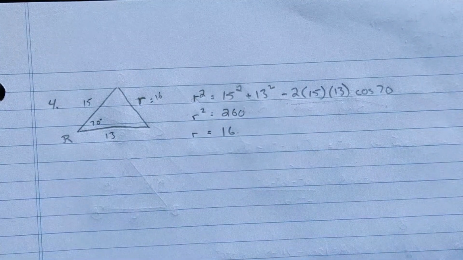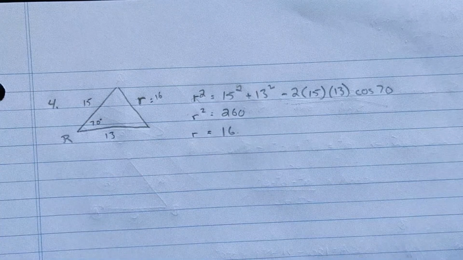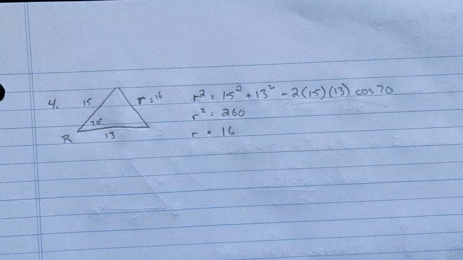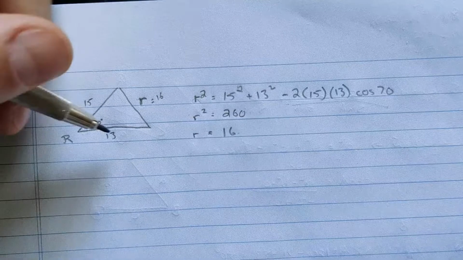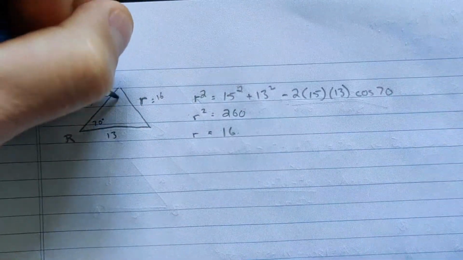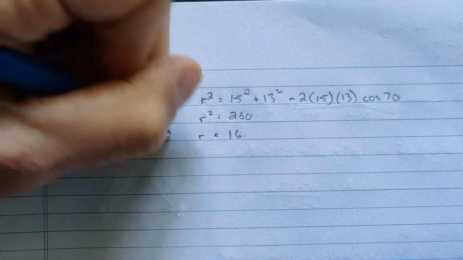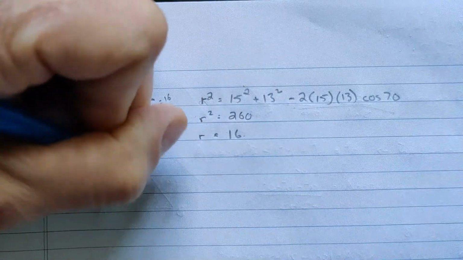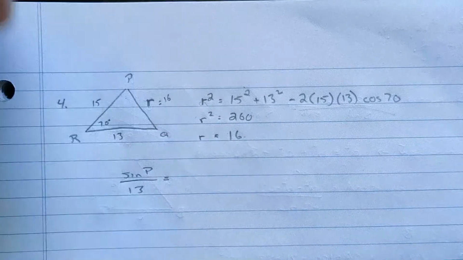Now we've got to go about finding the missing angles. And so what you can do in that case is, and I'll just set it up here, I won't actually calculate it, but I would just use the sine law here. So we'll find this, this was labeled P and Q. So to find P, I would just do sine P over 13 equals